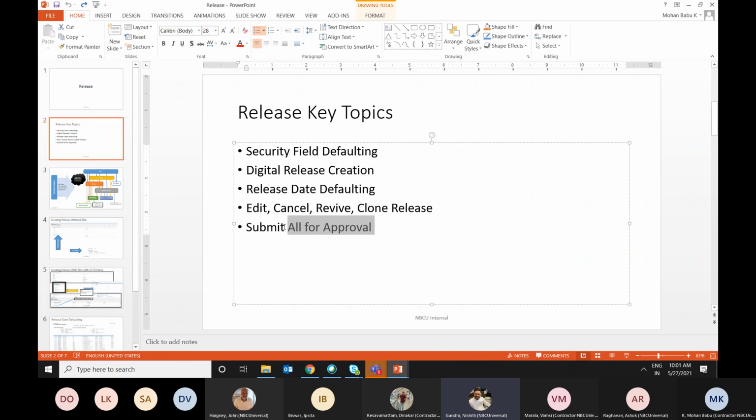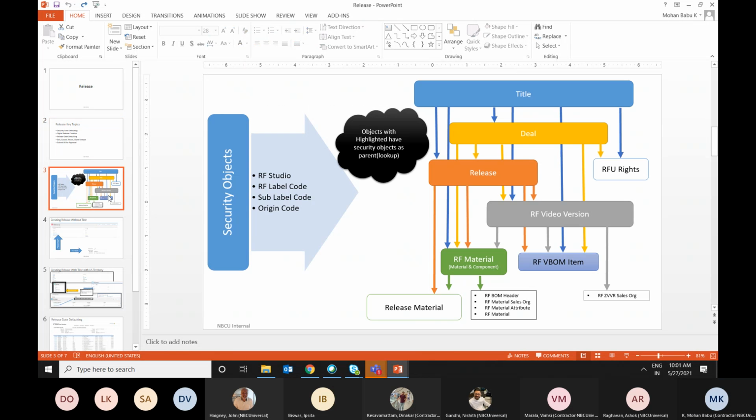Consider we can start doing that tomorrow, right, Vamsi? Because we have a KT session tomorrow as well. Tomorrow maybe not the submit. To understand the submit functionality, you need to understand the whole logic from the material, video version, VBOM items and all. So tomorrow we may go with the video versions or RF material logic. Okay, got it. Once you understand the system, if we can give the overview of submit all at the end, you will understand very well about submit all and submit partially.